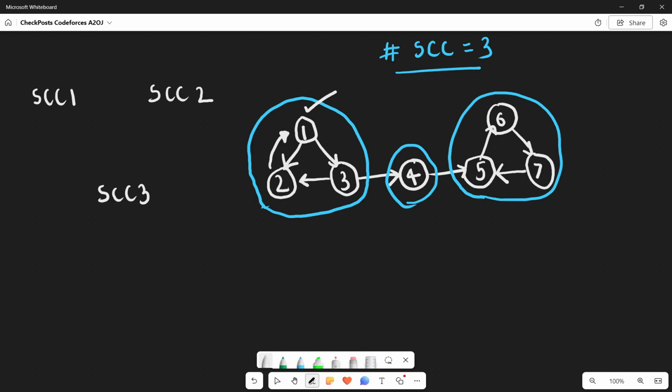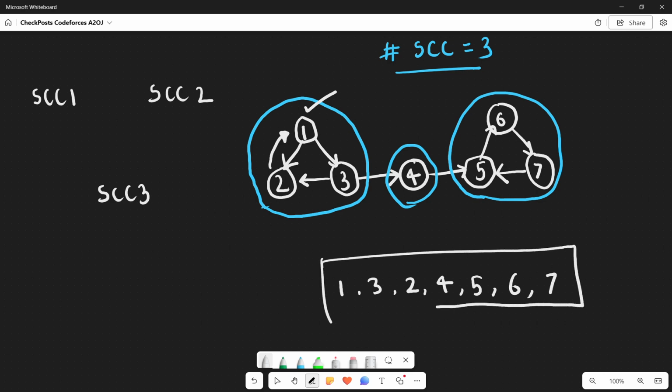First of all you go to 1, then you go to 3, then to 2, I would say, then 4, then 5, then 6, and then 7. And by performing the DFS, you will calculate this order